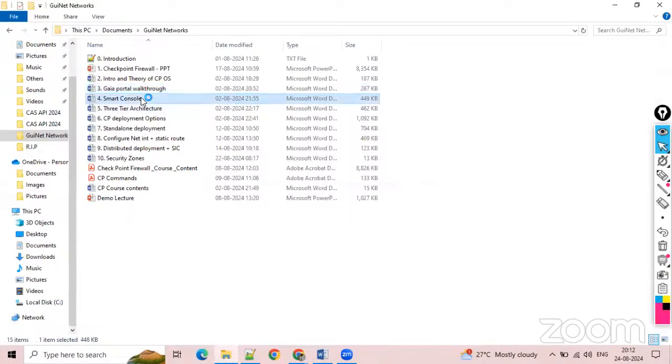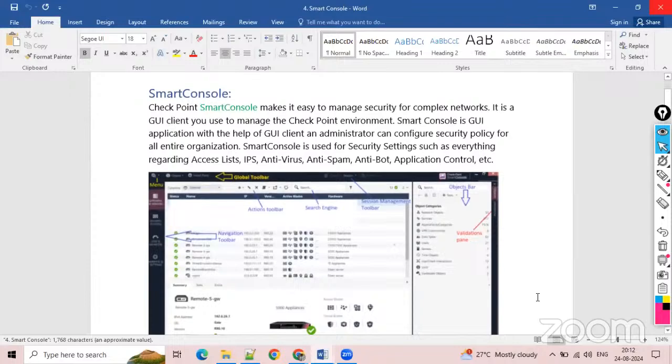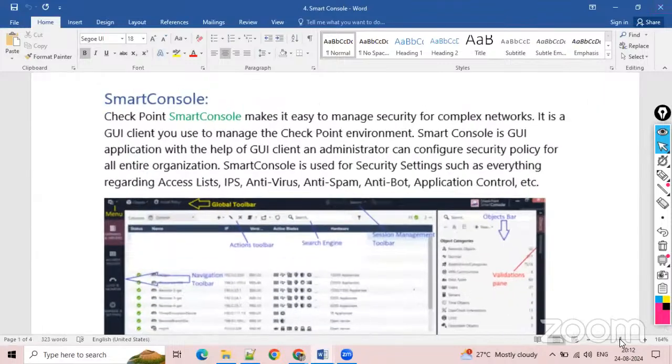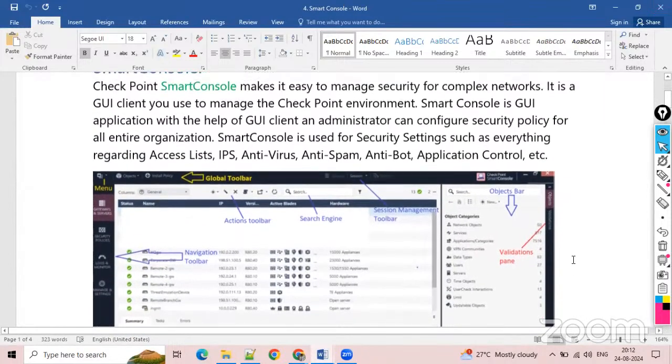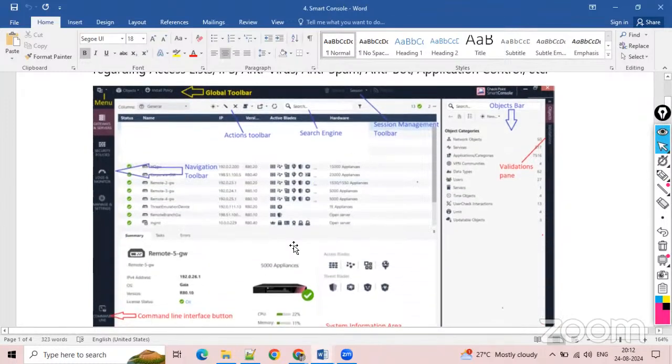Now let me start the other one, Smart Console, guys. Okay, so we already checked this in the last lecture. Here in the Smart Console there is software we have to download. Once we download this Smart Console software, we have to enter the management IP address. Once we enter the management IP, it will ask for the public key